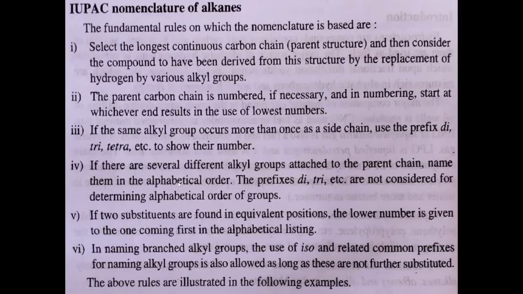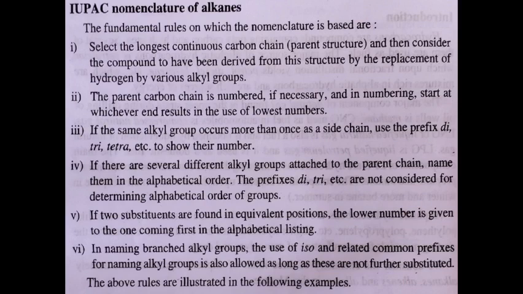You will be knowing all this also. IUPAC nomenclature of alkanes is nothing but, first you have to find out which is the longest hydrocarbon chain, and that is the parent hydrocarbon, and we need to give a numbering system in order to identify the substituent group present on the parent hydrocarbon chain. For example, if there is a substituent group on the parent hydrocarbon chain, the substituent group should get the least number, so we have to write the number in such a way that the substituent group should